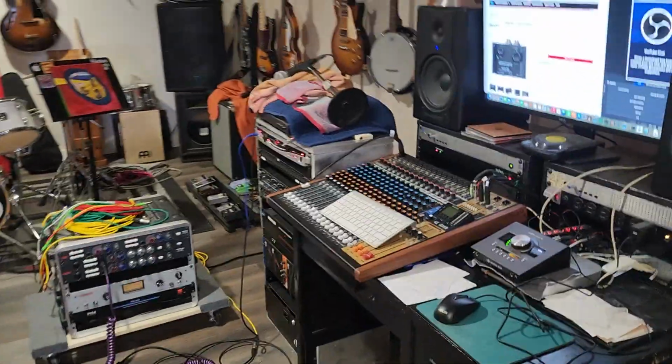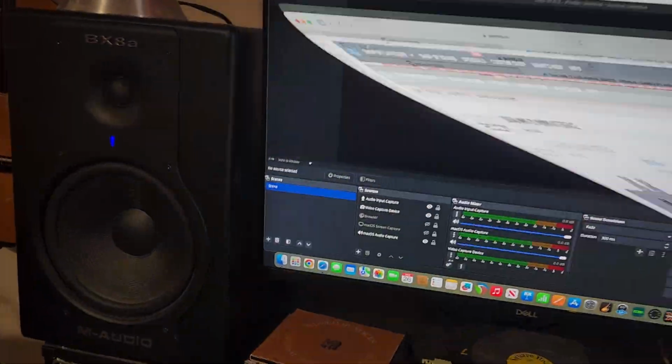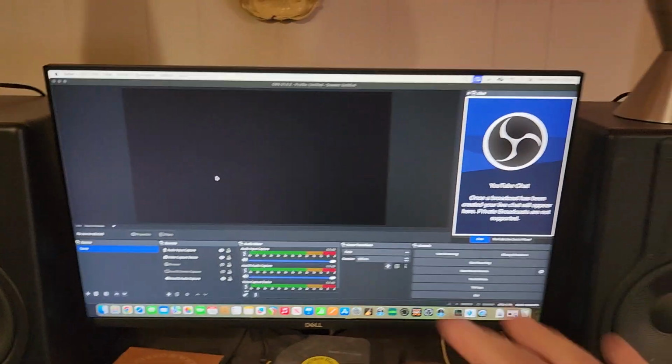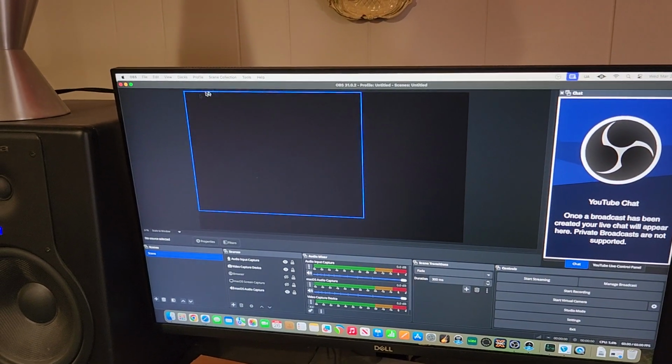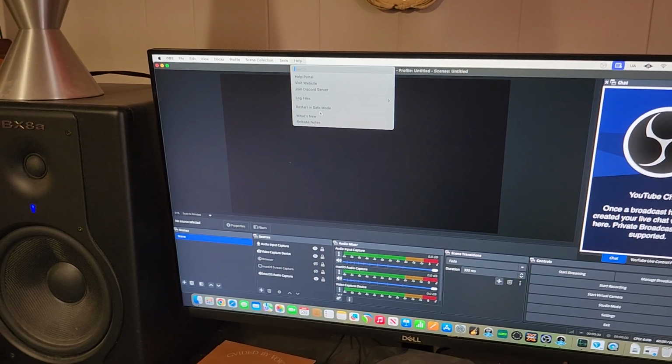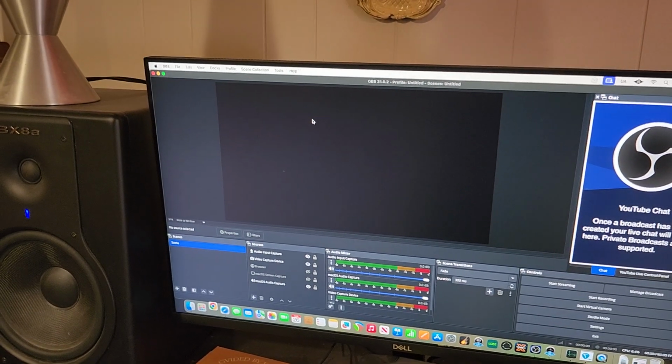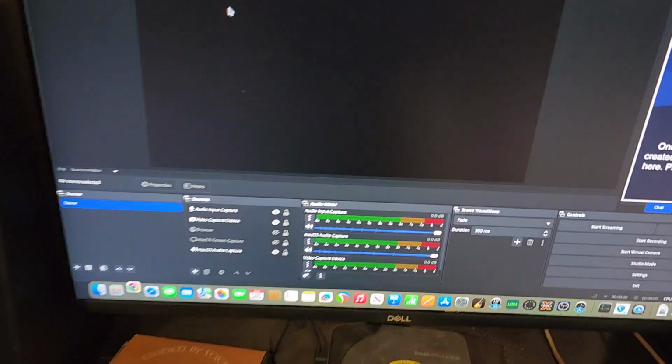Okay. Mike over at I Love Recording has taught me and told me about OBS for Mac. OBS is some sort of broadcasting software. I don't know what it stands for. It's probably like Open Broadcasting or something. Let's just see. Will it tell us what it stands for if I go to the website?